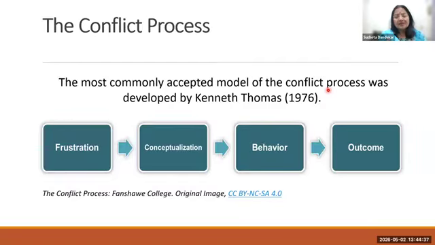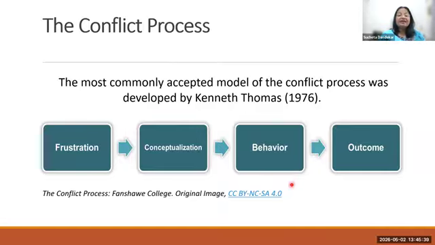The conflict process, Kenneth Thomas talked about it way back in 1976. What he said was, there is a certain amount of frustration about things. And that frustration leads to a conceptualization of some things. And people don't have the courage to try and get clarification of what they have conceptualized. People conceptualize on their own, with their friends, with their groups. And because of this conceptualization, and because people have not tried to look into what actually is the problem, you have changes in behavior. And those changes in behavior lead to outcomes which could be positive,